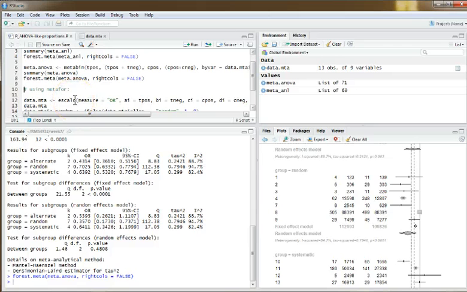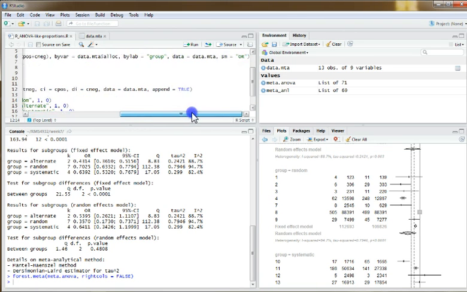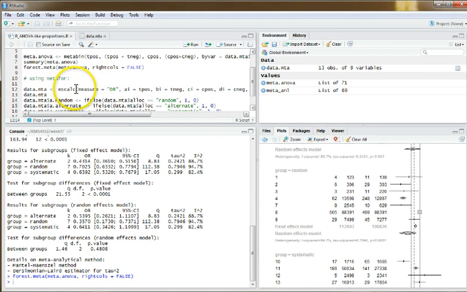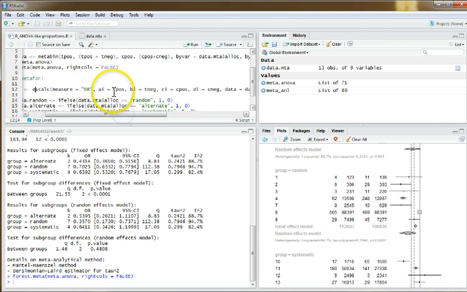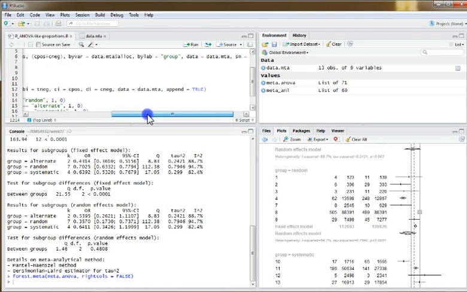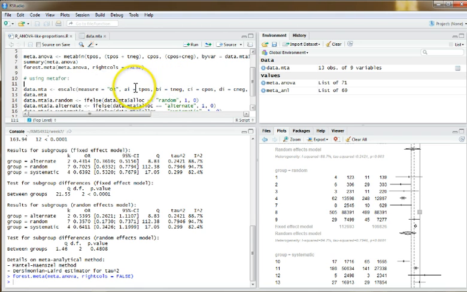Now, as I promised, I'm going to show you how you can run something that may be sort of equivalent but using Metafor. So the first thing that we need to do in Metafor is compute the effect size and the variance, and I hope that this looks familiar to you. So we are saying that we're going to be using the odds ratio, and then we indicate what are the different parameters that we're going to be using, and then we say where is the data file and that we want to append the results to the file. So we run this command,